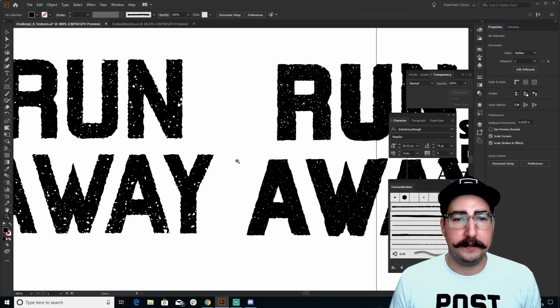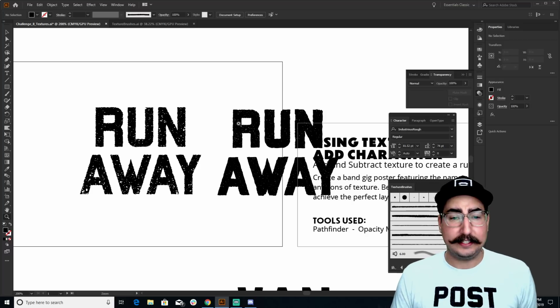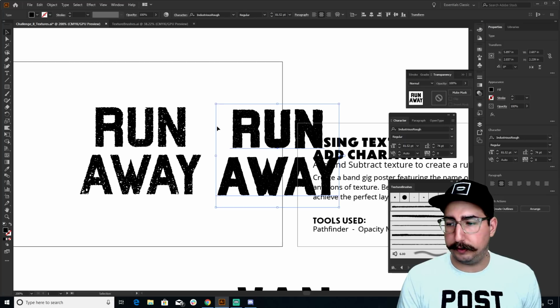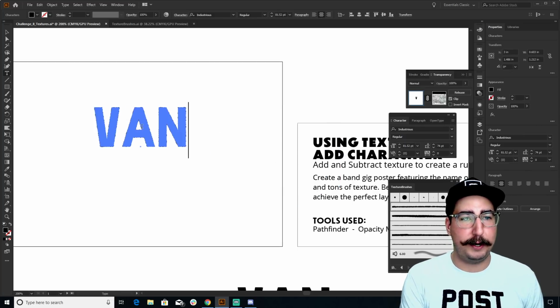And we're going to hit OK. And now you can see we have the soft edge. This is a little more dense of a texture, but it's embedded into the font, and we want to have everything editable still. So we can come in here, and again, we're going to go back to creating our poster,